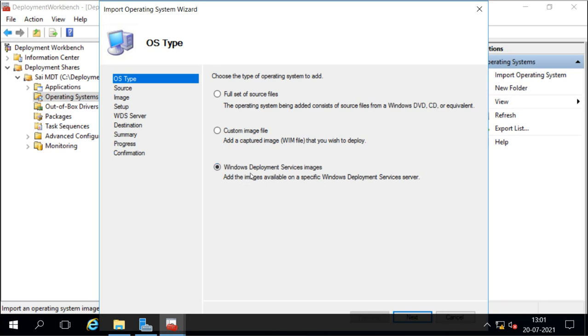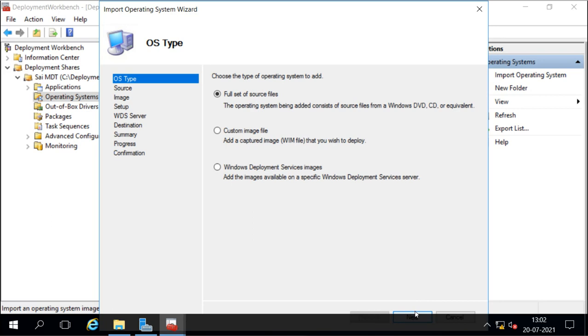And we can also capture the image of the reference computer with the help of deployment services. So if we have those custom files, we can use them. Right now I will go for the full set of files because I have not captured any and I don't have Windows deployment services installed.